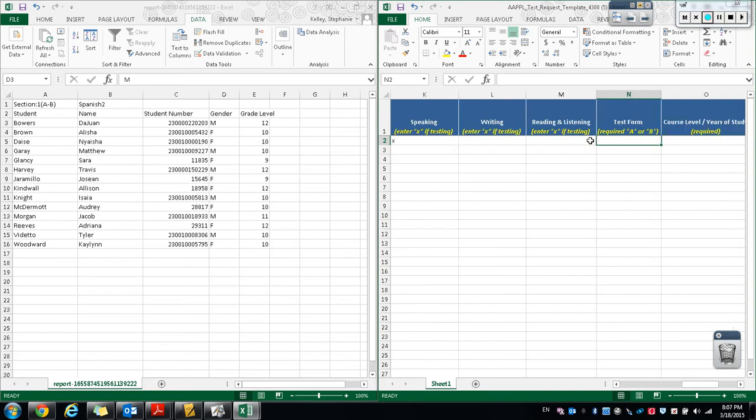It's test form A because this is a Spanish 2 class. If you're teaching Spanish 1 or Spanish 2 or French 1 or French 2, you're going to put A. If you're teaching 3 and 4, that'll be a B. And this is a Spanish 2 class, so I put a 2. Grade level. Okay, now I'm going to come back over here,